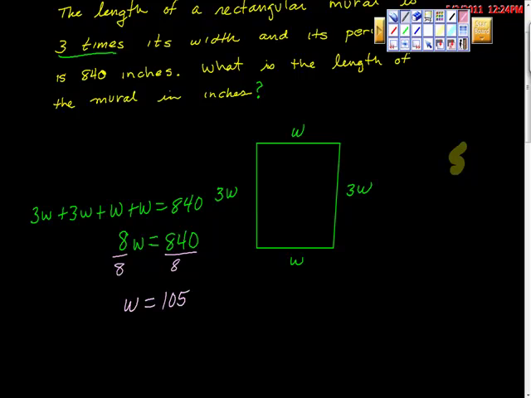Now, let's be careful, because we need to go back and make sure we're answering the question. What is the length of the mural? What is the length of the mural in inches? Well, the length is not 105. The length is 3 times w, because it says 3 here. So 3 times 105 is this length. So it's 315. And it says, what is the length of the mural in inches? So it's 315